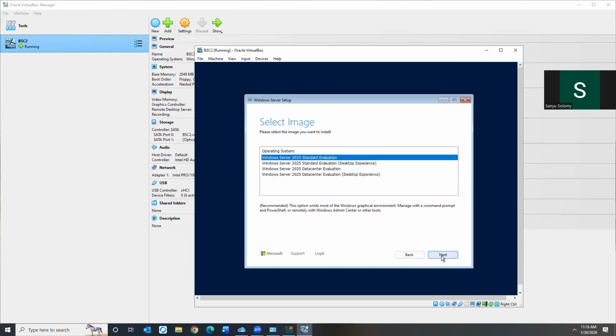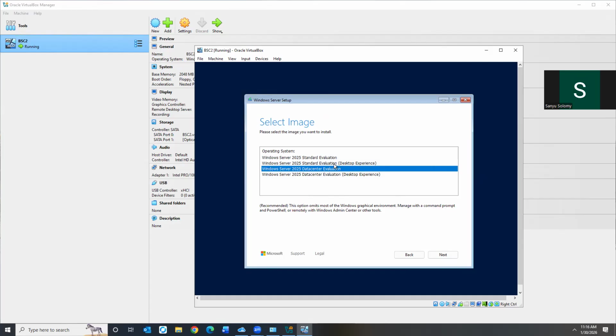The image I'm supposed to select, we have Windows Server, Standard Edition, Standard Evaluation. I have Standard Evaluation, Desktop Experience, Data Center Evaluation. I have Data Center Evaluation, Desktop Experience. All these things give you something different. If you noticed, wherever you put your cursor, something else changes. Put a cursor, something else changes. Put a cursor, more information is given.